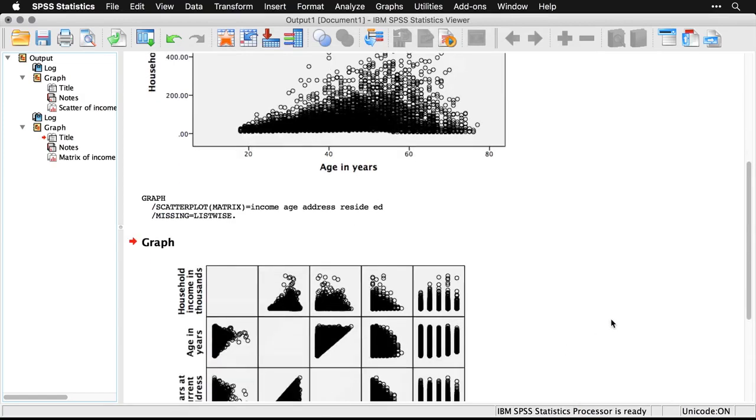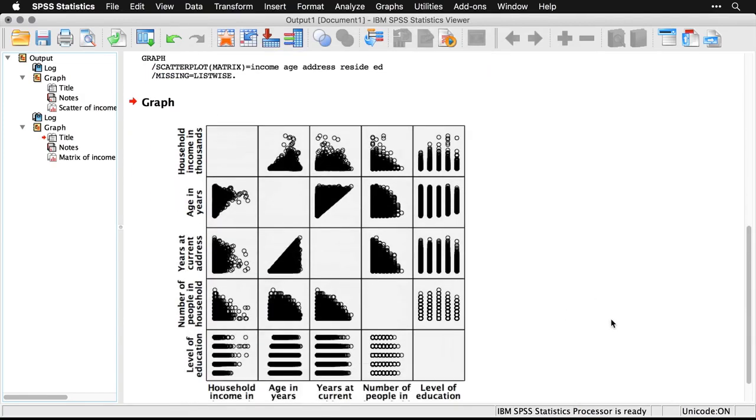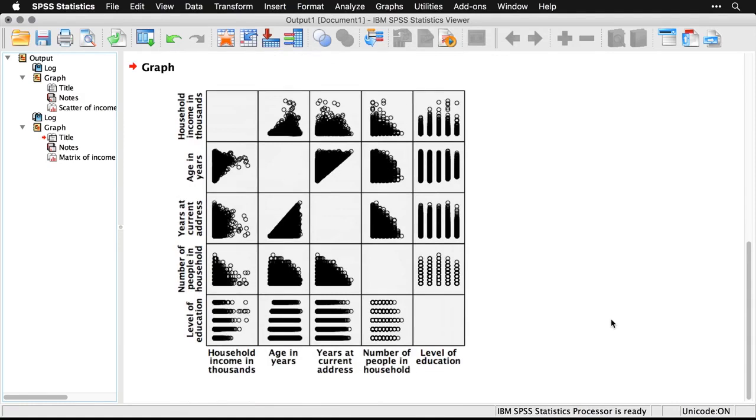Takes a moment, and then I come up, and this is the scatterplot matrix. And so you have all 5 variables listed on the side. You have all 5 variables listed across the bottom. So each one functions as both an X and a Y. You have empty boxes down the diagonal because that would be each variable with itself, and the correlation is always